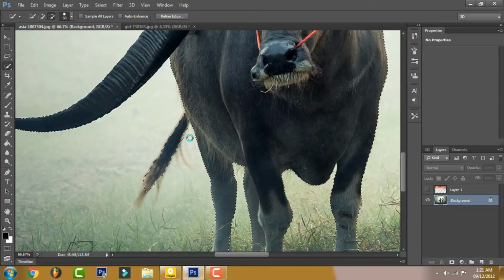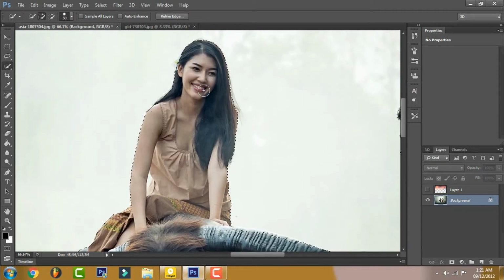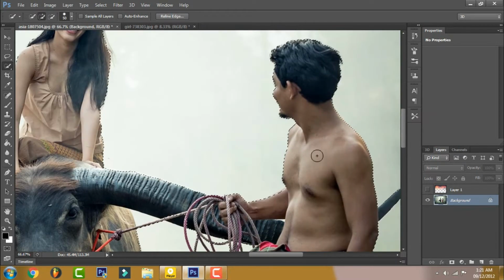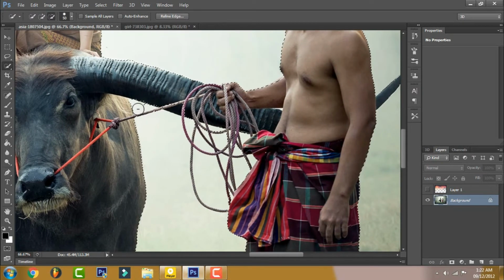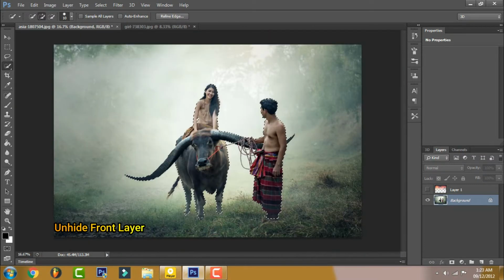It may take some time. Now unhide the layer and